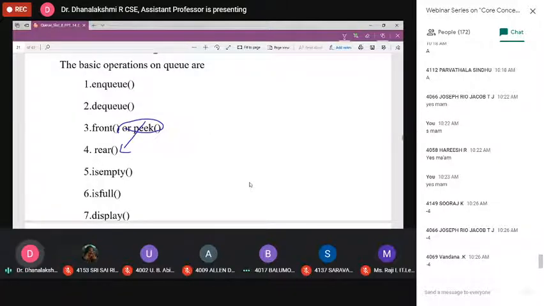Any one of you, respond to me. Rear end. If we are going to perform the deletion operation, at which end? We are going to perform the deletion at the front end. That is the important concept. Okay, enqueue, dequeue. Enqueue is at rear, dequeue is at front.